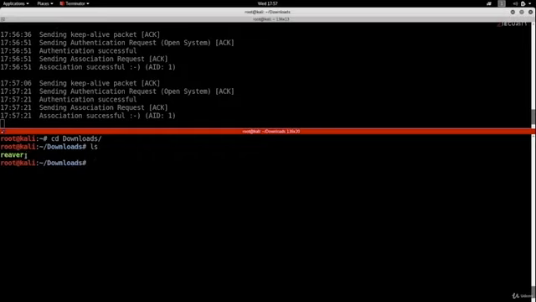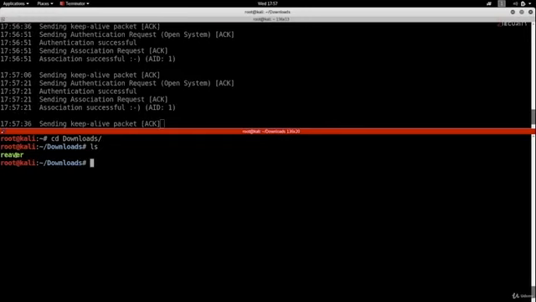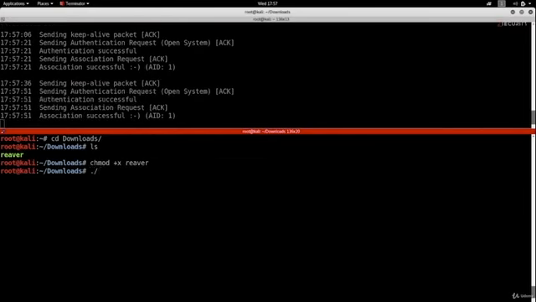Now it's already in green for me, but for you, you'd want to change the permissions of this file to an executable. So you'll have to do chmod +x Reaver. This will make it an executable. Once it is an executable, you can run it by doing ./ followed by its name, so Reaver. Then you can do the exact same command exactly like I just did it with the one that comes pre-installed